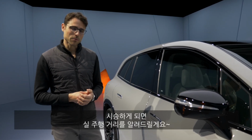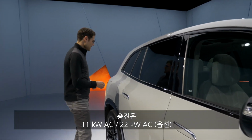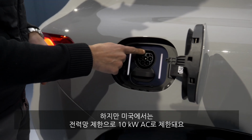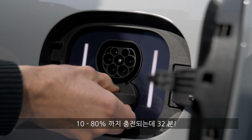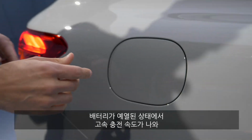We will keep you updated with that as soon as we can drive this one. And as for recharging, 11 kilowatt, optional 22 kilowatt AC, or around 10 kilowatt AC in the US because of that grid restriction, and DC 200 kilowatt. And then you will have some 32 minutes from 10 to 80% state of charge